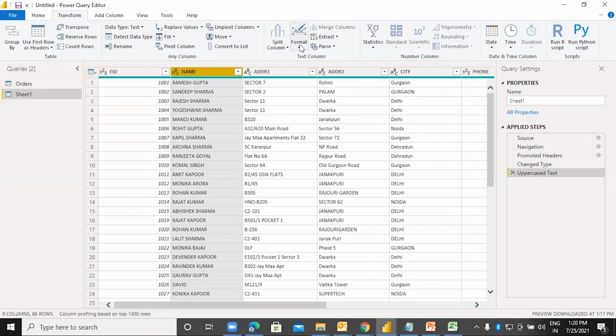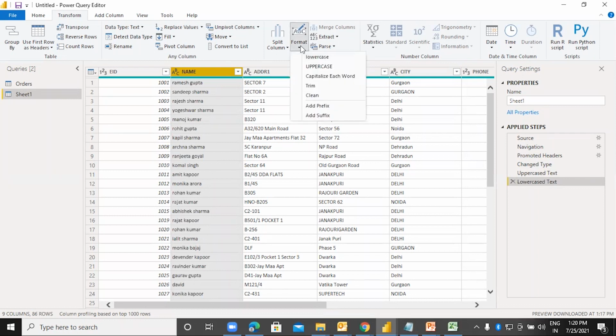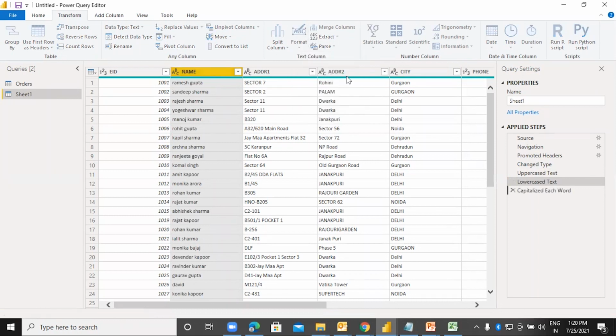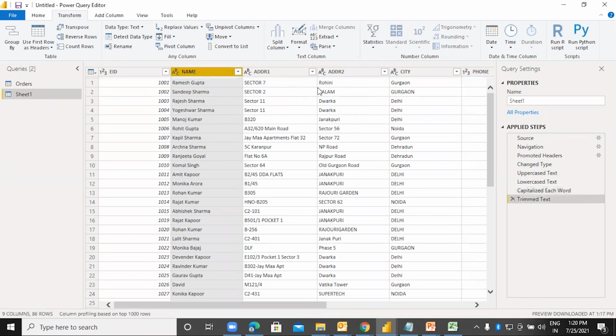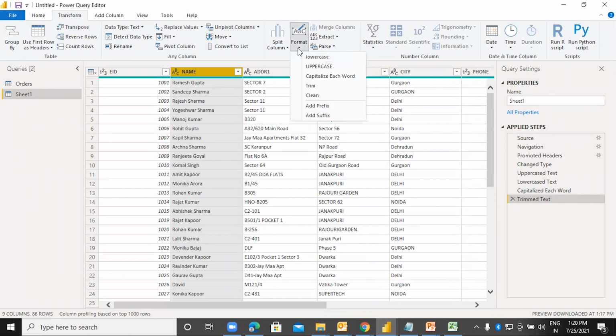Okay. Let's take format, and you can make it lowercase. So the same commands, upper and lower, which we use in Excel. Here we are not writing the formula; single click and it will be changed. Say capitalize each word, the sentence case which we use in Excel. Then trim, it will remove the unnecessary spaces over here. And if you notice, initially there were only 4 steps, but now more steps are being created over here.